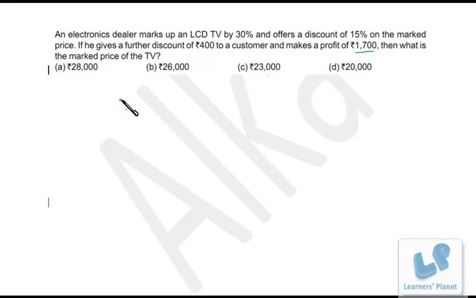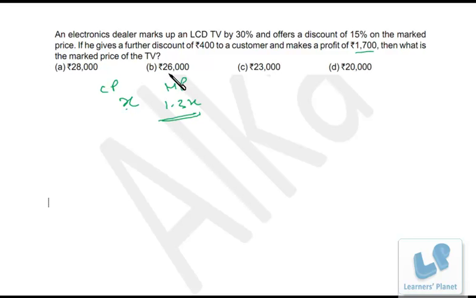See, suppose we assume the CP to be X, that is cost price. Now we are asked to find out the mark price, and mark price is what? 30% up of the cost price. So that is 1.3x, right? That means it is quite obvious that your answer should be multiple of 1.3, or we can say 13, right? So among the options, we just have one option, that is 26,000, right? Because all the calculation over here is in integers only, right? So no need to worry much about. Your answer must be 26,000, and if you wish to go for a cross verification, you can do it very easily.